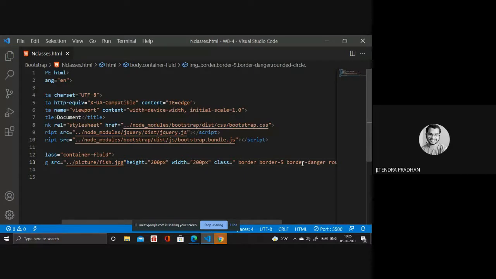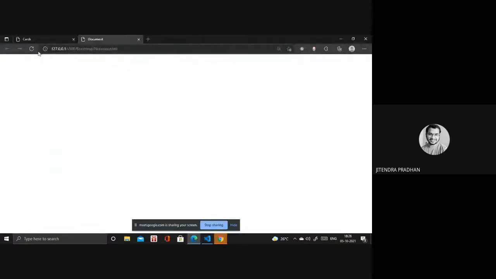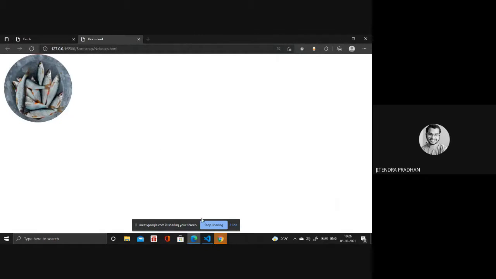Next thing: if you want to apply a border to only one side, it's border left, border right, border top, border bottom. If I use border top, and border top 5, have you observed that one?